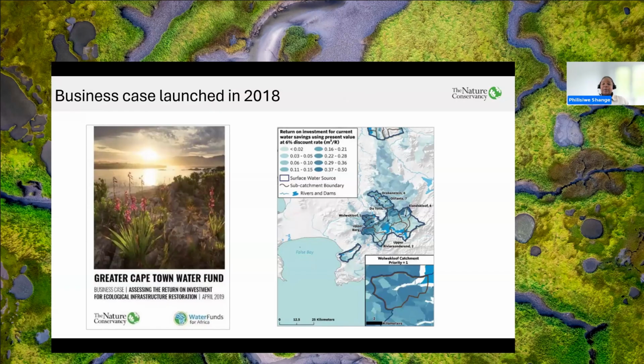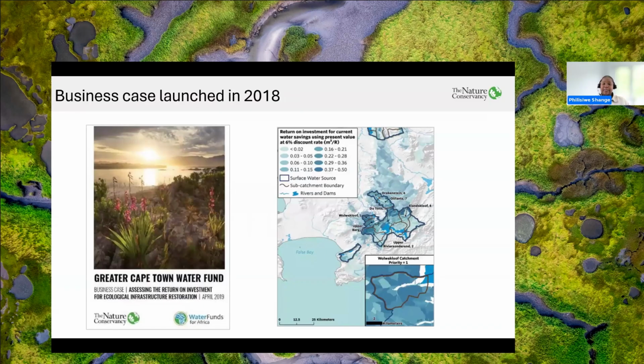So the Day Zero, which is when the city almost ran out of water, provoked some thoughts and also some solutions from the city, where mitigations were necessary in order to address climate change and water scarcity. There were a few solutions that were proposed, ranging from seawater desalination and wastewater reuse, to nature-based solutions, which is clearing invasive alien plants in our catchments. And the clearing of invasives came as the cheaper option and where there was going to be the highest